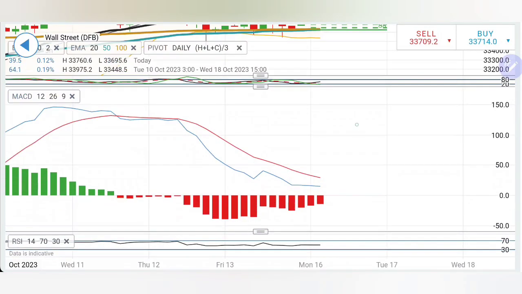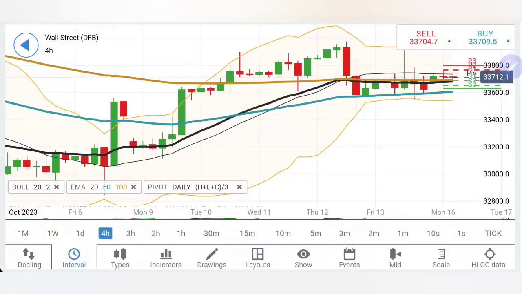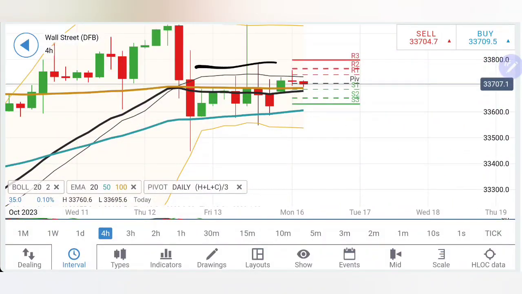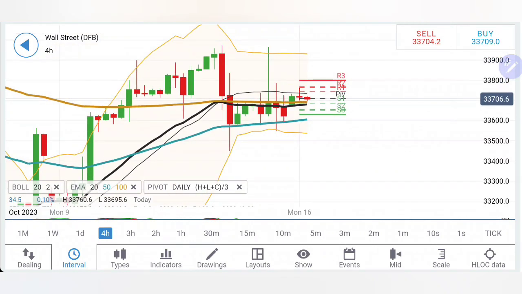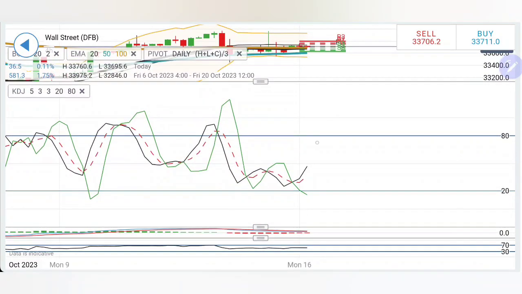Stochastic rising, MACD is bearish, trying to converge, RSI is staying flat. Coming to 4 hour, similar is the observation, just trying to consolidate. Wait for it to come out of this box beyond 33,800, more bullishness, but remember it is coming after a double top level, and hence from here a possible symmetrical formation can be seen. One more rise and then the drop can initiate here. We have to wait and watch for the direction.